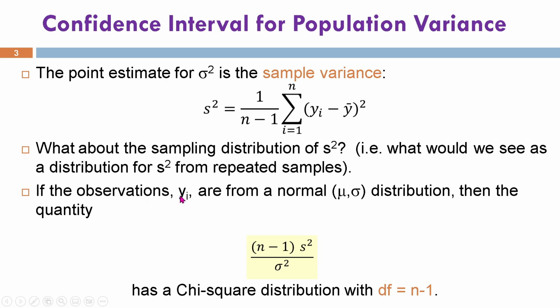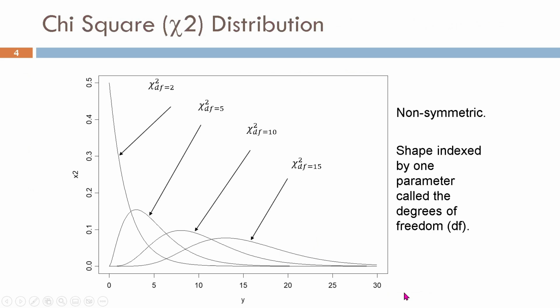If the observations yi are from a normal distribution with the mean mu and standard deviation sigma, then the quantity n minus 1 times S squared divided by sigma squared has a chi-squared distribution with degree of freedom equal to n minus 1. The graph here shows the chi-squared distribution,